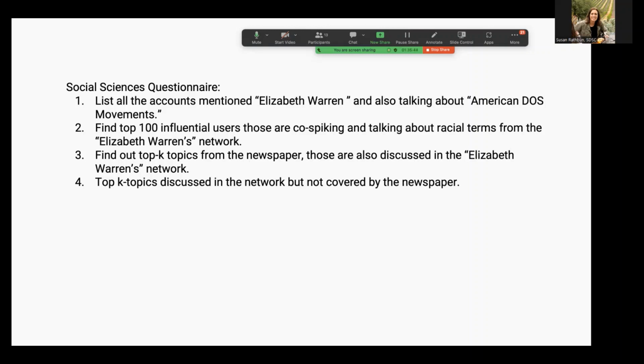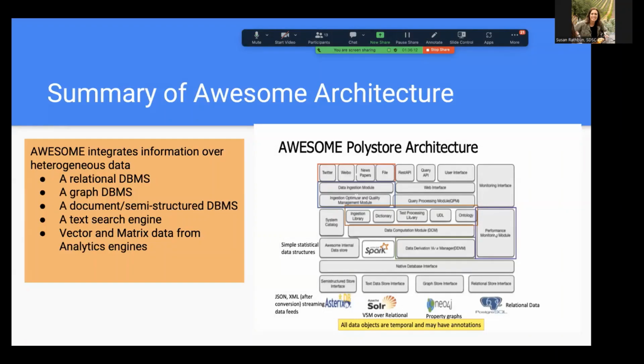So this is a typical mixed model scenario where your query is starting from one storage, and it's basically sending a portion of the query to another storage, and then you need to join back the result and produce the output. So this is the scenario where we started building a polystore, because such a kind of system was required here. So what we did, we basically created this